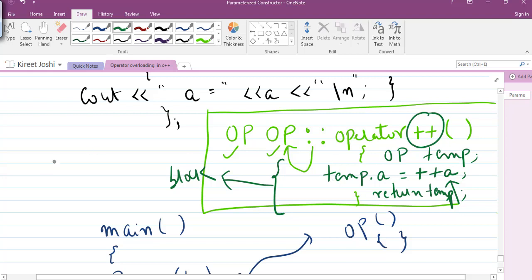The logical statement is temp dot a is equal to plus plus a. Don't write temp dot a equal to a plus plus.